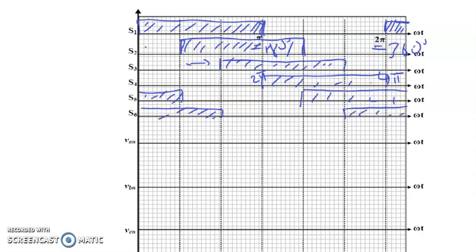Okay, let's say this is for 180 degrees. Let's say we are conducting for 120 degrees. So for 120 degrees, we have here 1, 2, 3, 4, like that. Actually the sequence or the pattern is the same, but the conduction is only 120 degrees. So we have here 60 degrees plus 60 plus 60, so the total is 180. But for 120 degrees, the conduction will be like this: switch 1, 120 degrees